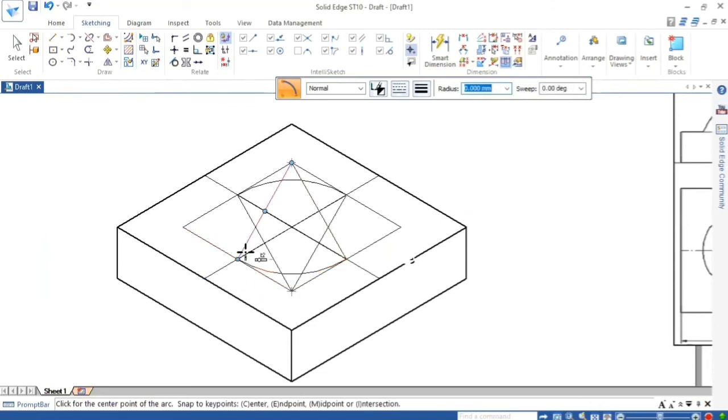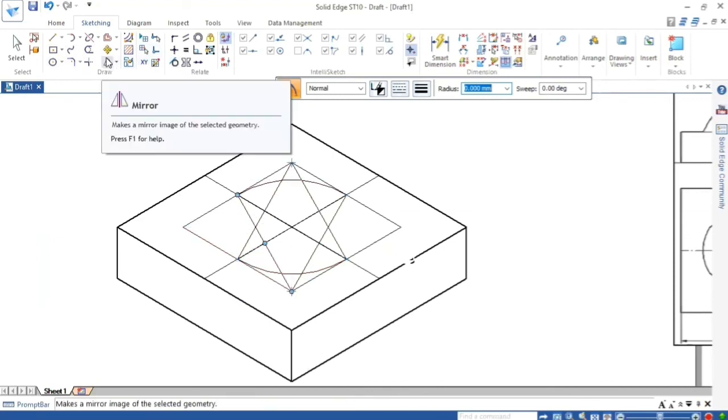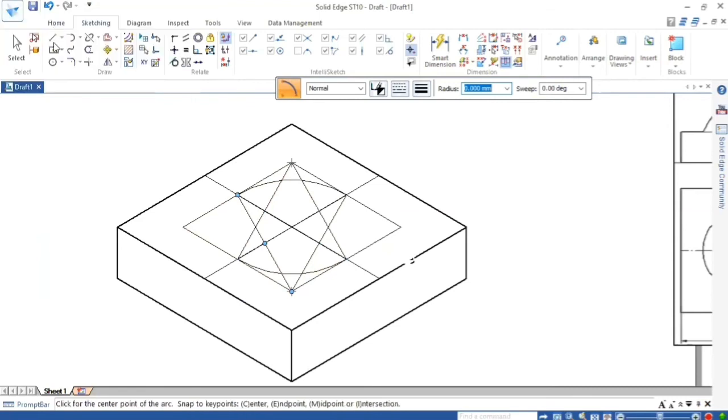Similarly construct, and from here construct an arc. From here, take this radius. Join this.